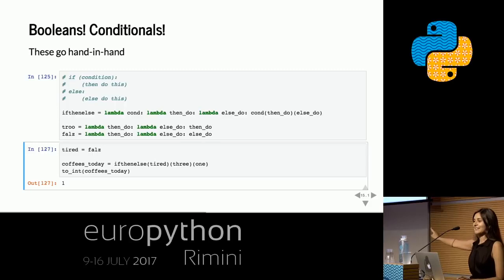We programmed! Look at that, we have conditionals now. I see you're all so excited, like me. Okay,